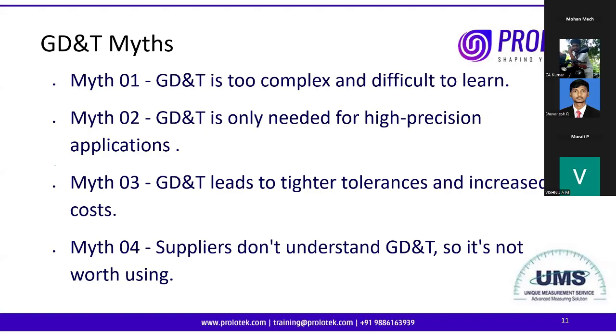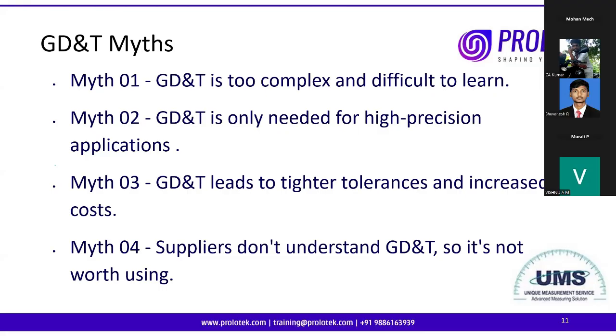There are a few significant updates compared to 2009 and 2018. The very first and important update is that in the 2009 standard, we have 14 symbols. That is what was explained by Joshua in the previous sessions. But in the 2018 standard, we have only 12 symbols. Concentricity and symmetry are deleted. So under location control, we have only one symbol, which is called position. So we have 12 symbols and 5 categories in 2018. This is one of the important changes.